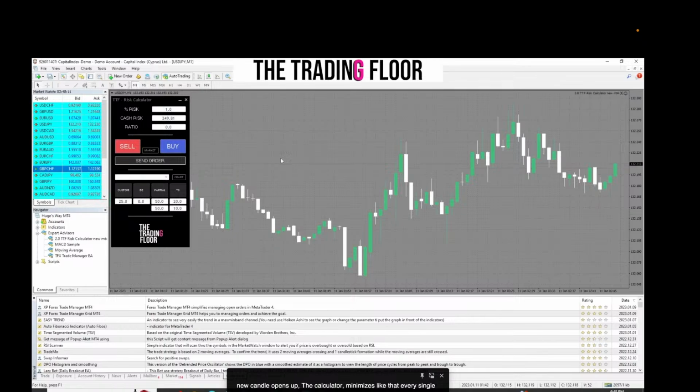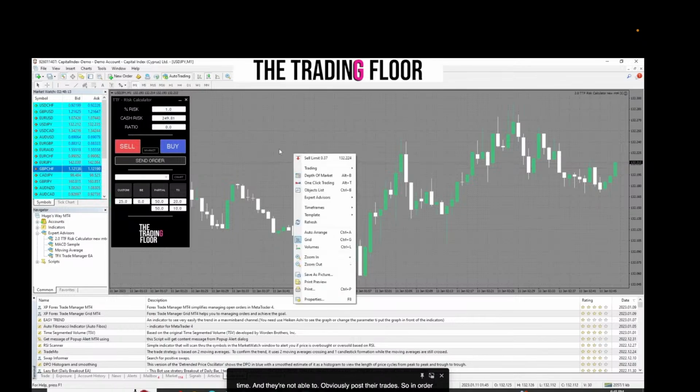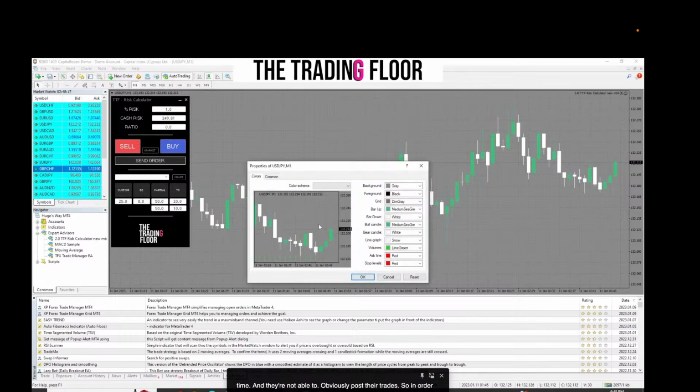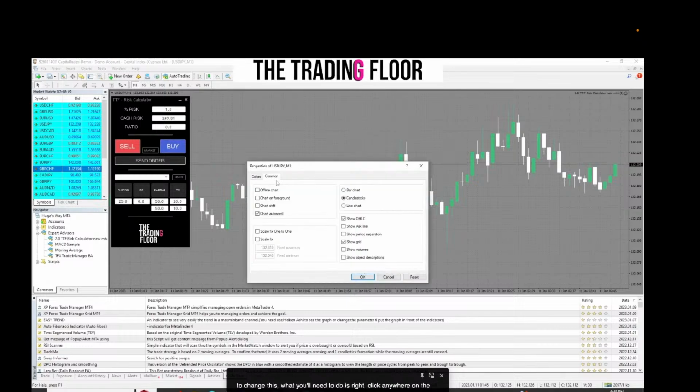In order to change this, what you'll need to do is right click anywhere on the chart. You'll go to properties, go to the common tab, and then chart auto scroll. I don't know if it'll be on or off for you, but just click whatever. If it's checked on, take it off. If it's checked off, then check it on. That should solve your problem if you notice that your calculator keeps minimizing on every